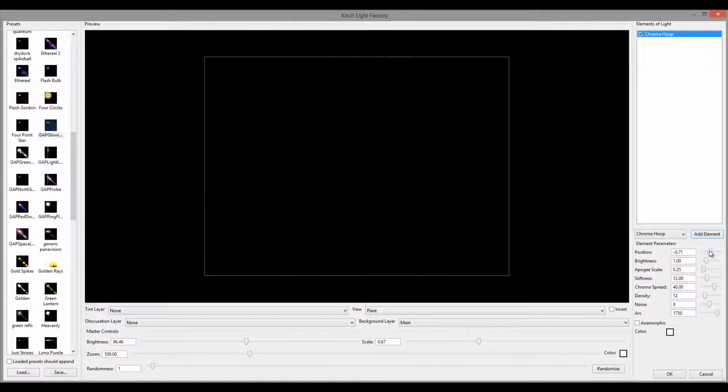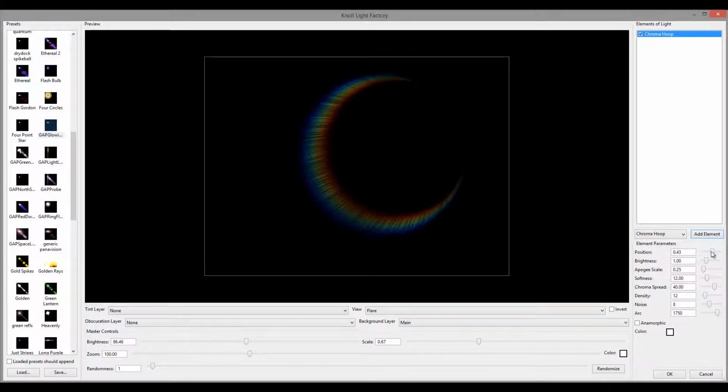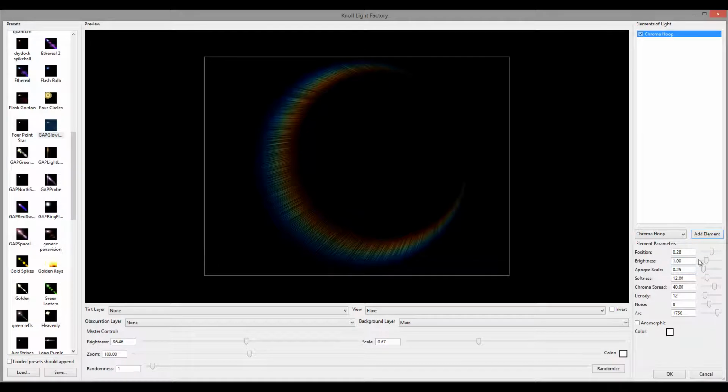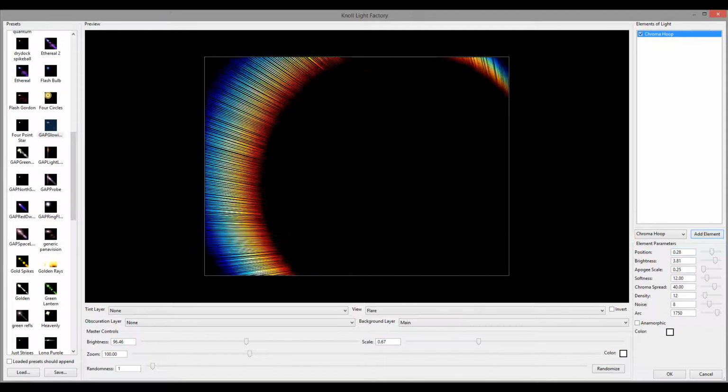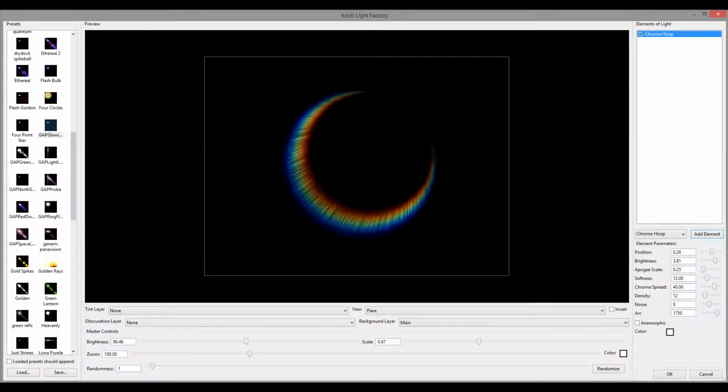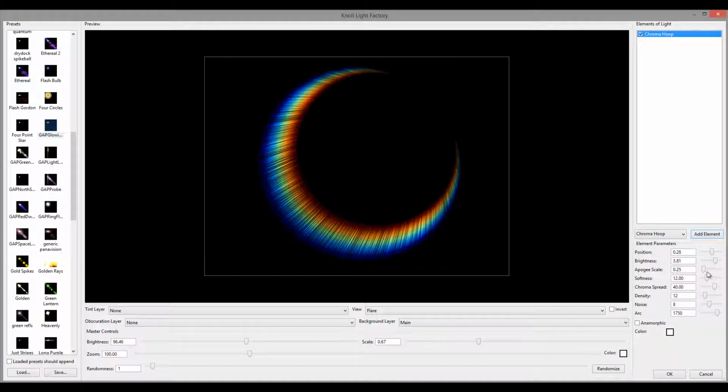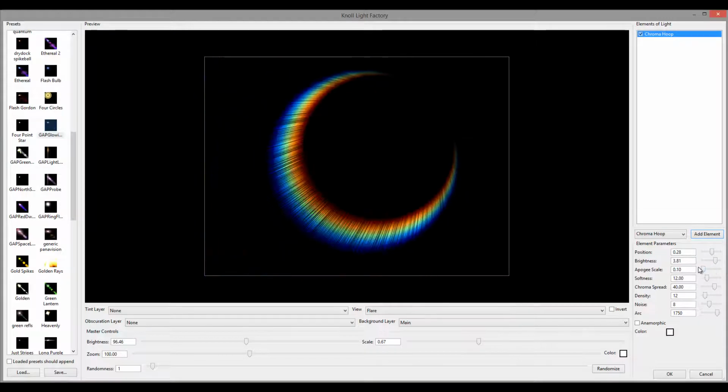We have overall position again. It's based from the center of our lens. We have a brightness. Let me pop it up a little bit higher so we can see it. Okay, you can see it is kind of fading. Overall apogee scale, it's referred to the Earth apogee, but overall think about this as just the general scale of our element. Softness,